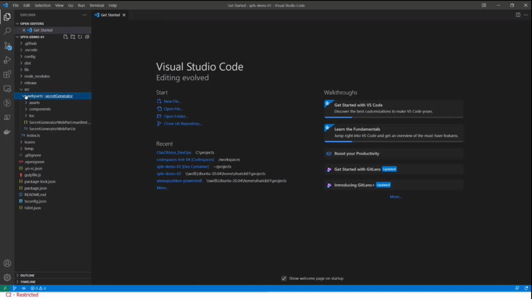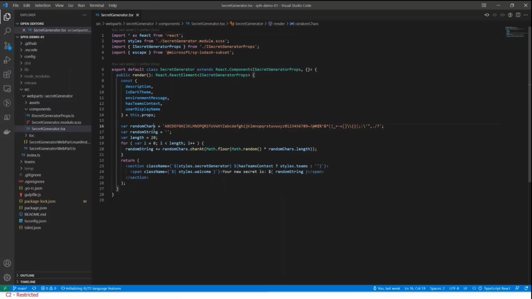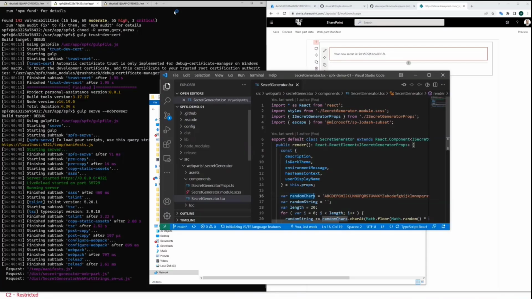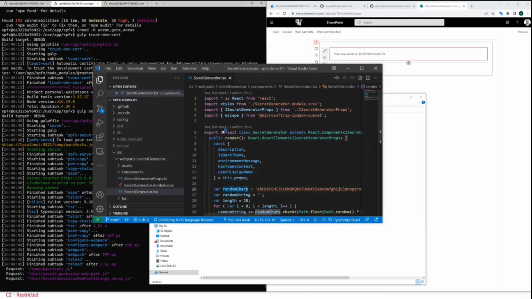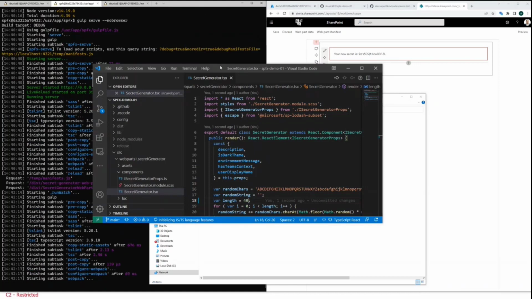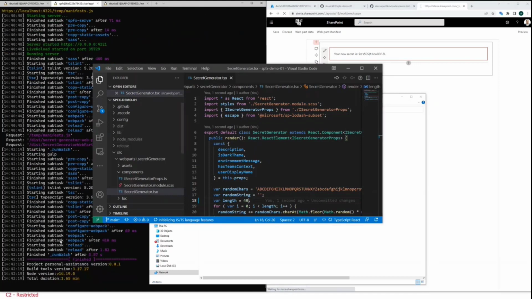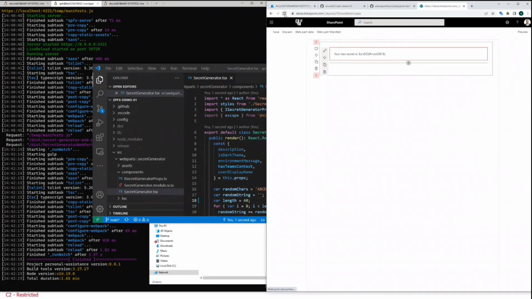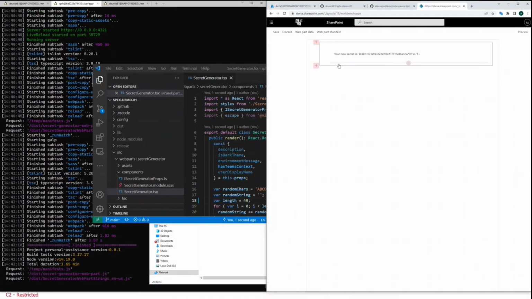And for example, I want to change some parameter here. Like I want the password that is generated by this web part to be twice longer. That's what I was told by my project manager. Live update is working, or maybe not working. Let's refresh it. Yeah, now we have it twice longer.